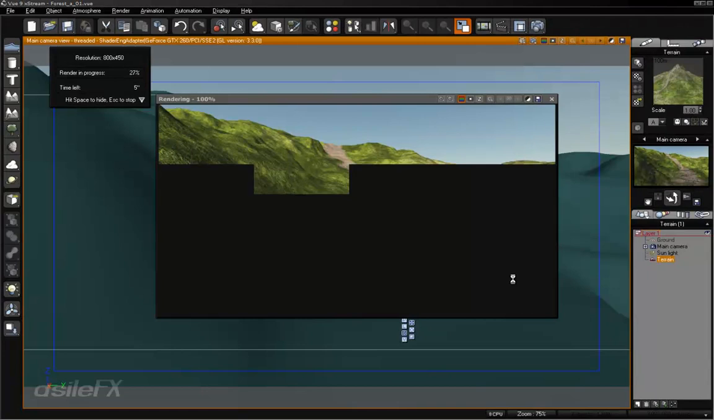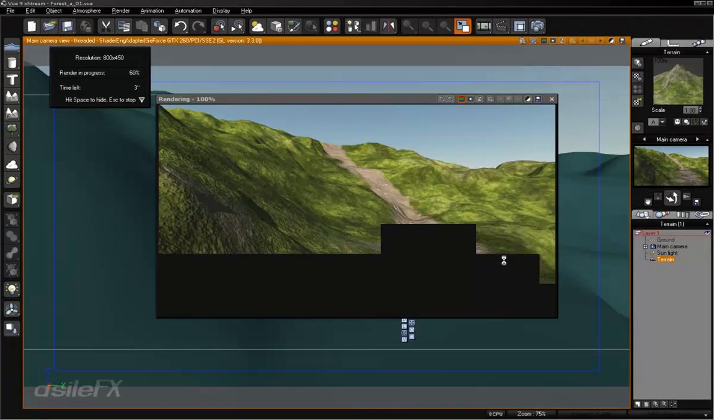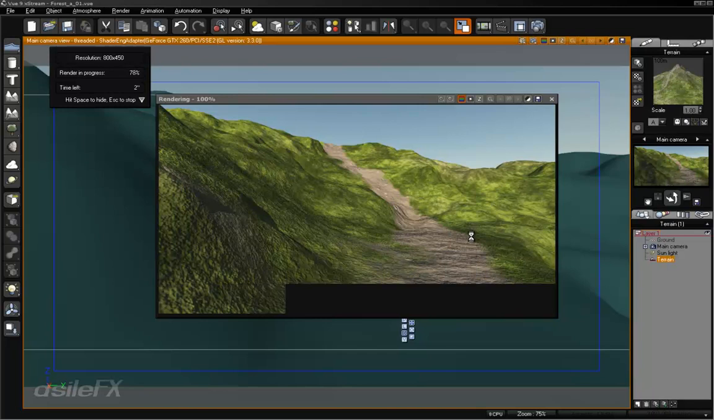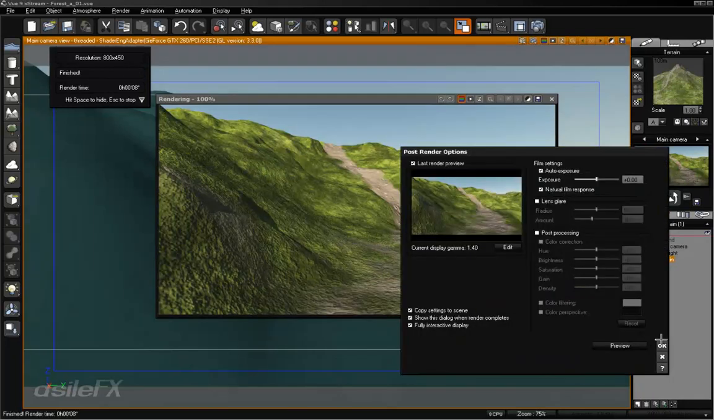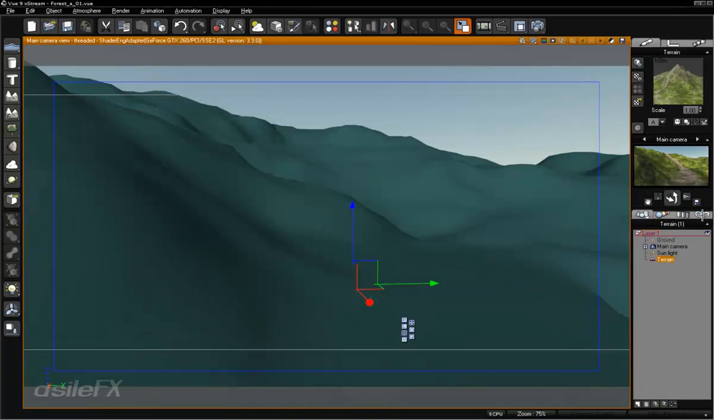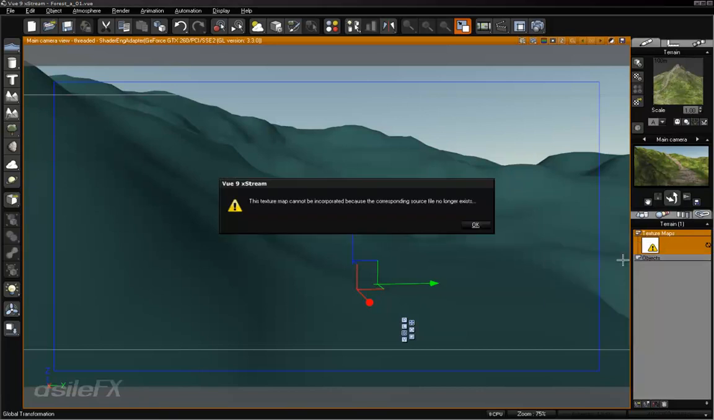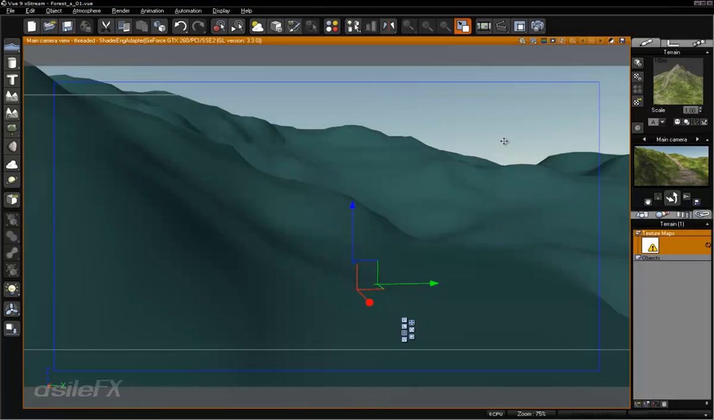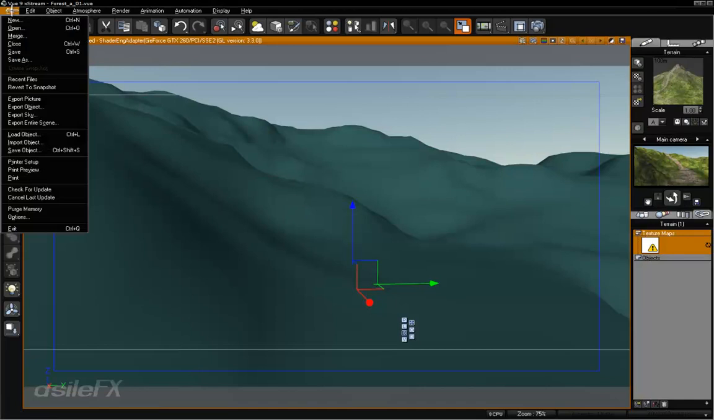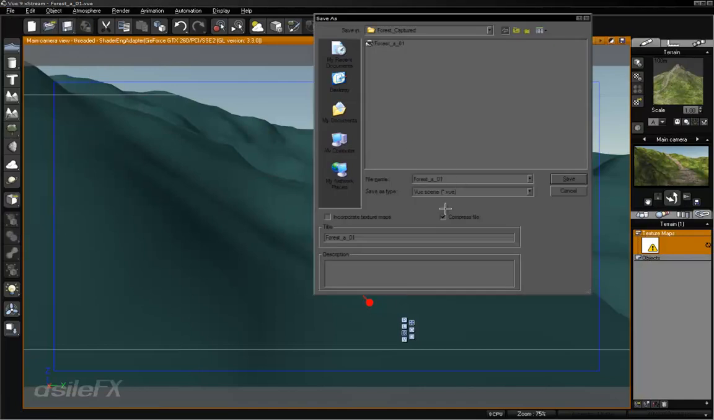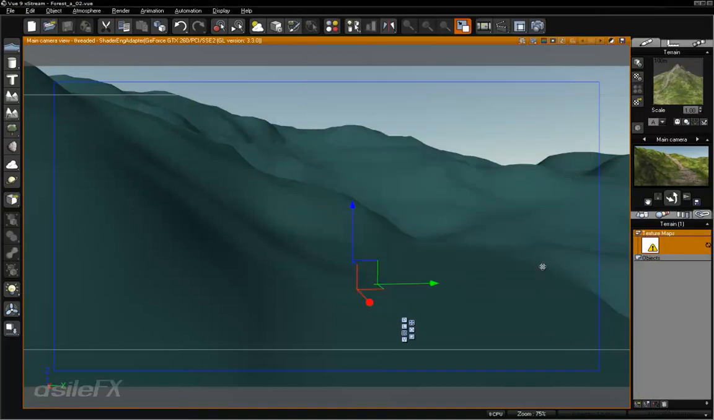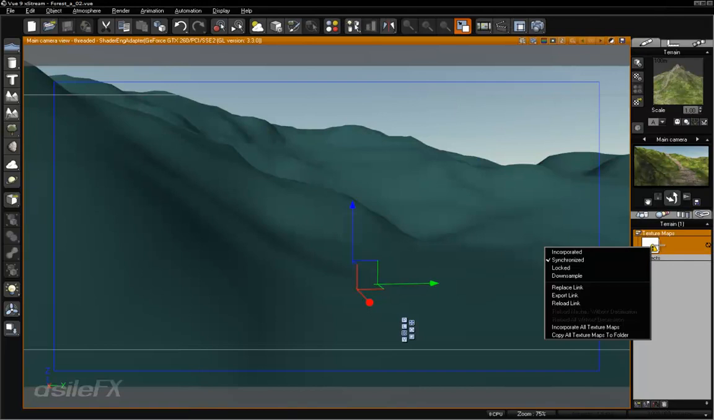We'll go ahead and take a look, and that does look a little bit better. So we're going to keep this, and I'm going to go over to the Links tab, right-click on the texture map, and set it to Incorporated, which it's not going to let me do right now. So first we're going to save the scene. Forest 2, incorporate the texture map, and that will auto incorporate this. At